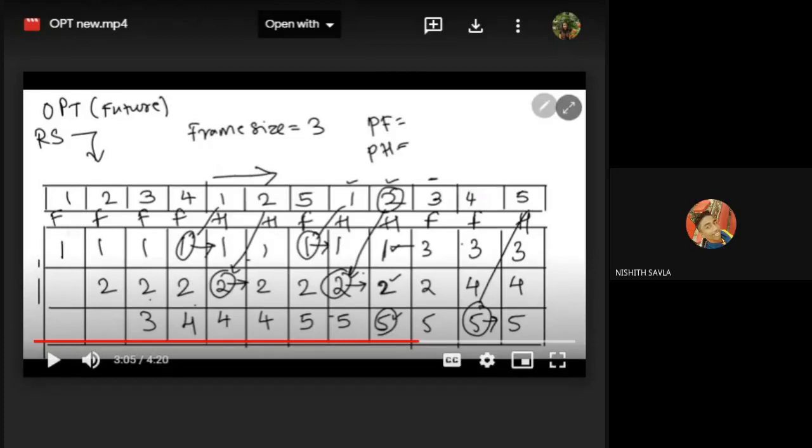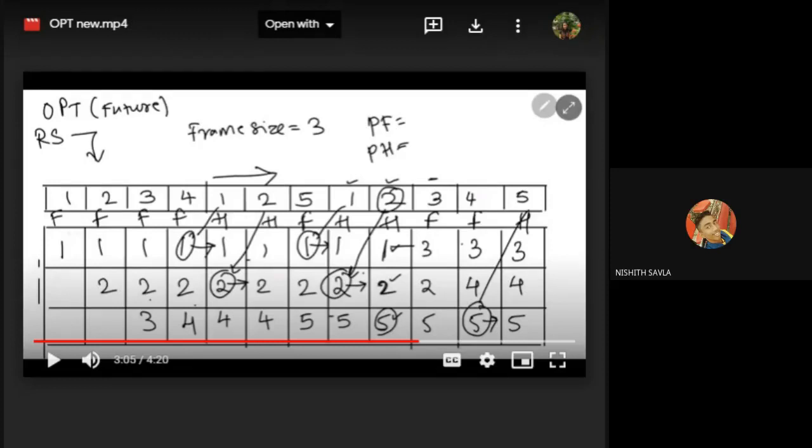Ma'am, but FIFO will never be the best one, na? Very correct. FIFO will never be the best because उसमें हमेशा number of hits कम ही रहेंगे और number of faults ही ज्यादा रहेंगे. और अगर ऑप्टिमल को भी आगे कुछ फ्यूचर में नहीं मिला तो भी वो FIFO की तरह ही काम करेगा. Yes, so that is what I'm telling. This answer will always change when I change the reference string. So for this reference string 1 2 3 4 1 2 5 1 2 3 4 5 के लिए best is optimal. If I change the string, it may happen कि FIFO अच्छा निकले. You never know.